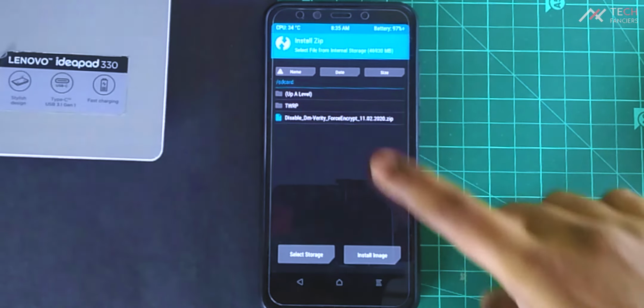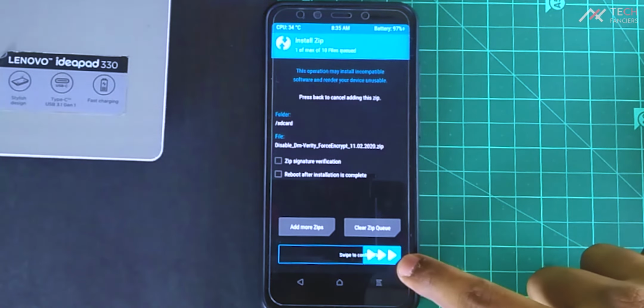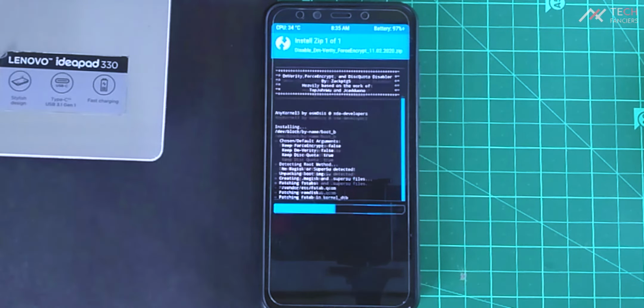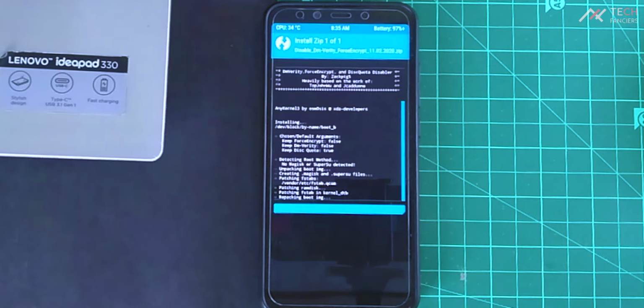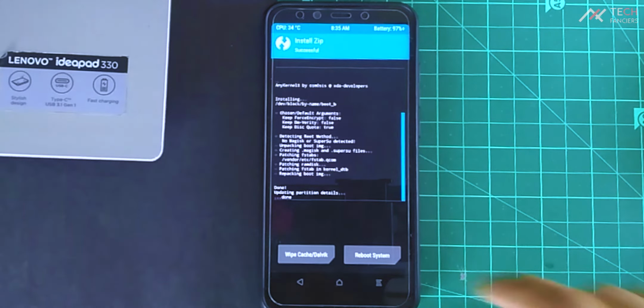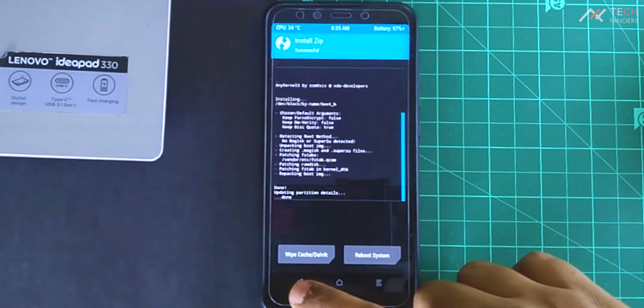Go to Install and install the disable force encryption. That's all. Now you can reboot to your system.